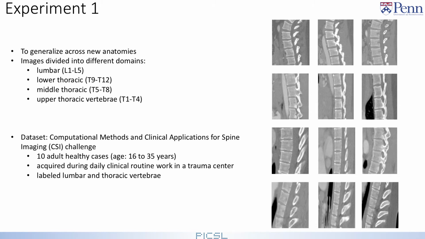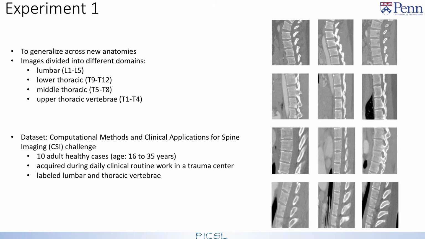In experiment 1, the aim is to let the model generalize across the underlying vertebral anatomy, the intensity profile, and the surrounding intervertebral disc space, which varies significantly along the vertebral column. For this experiment, we used the CSI challenge dataset consisting of 10 healthy adult cases with manual segmentations provided for